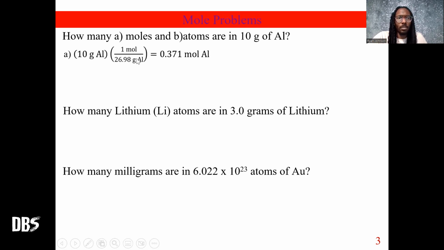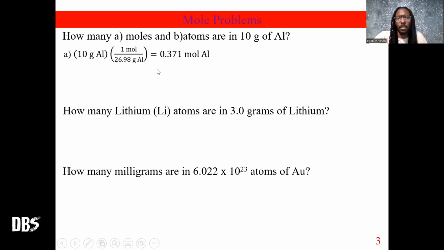So my grams cancel out. Grams of aluminum are gone, completely gone. And now I'm left with, on the top, moles of aluminum. So guess what I have to do here? I have to divide 10 divided by 26.98, which is 0.371 moles of aluminum. Okay. And just like that, in one single step, I was able to go from grams to moles using the keyword